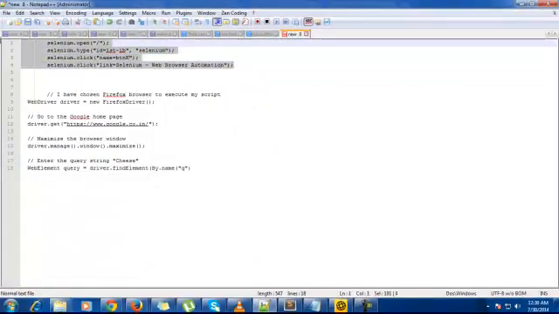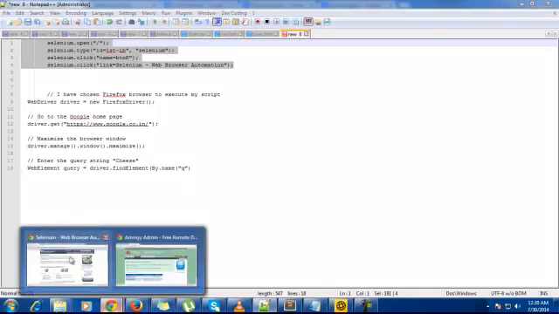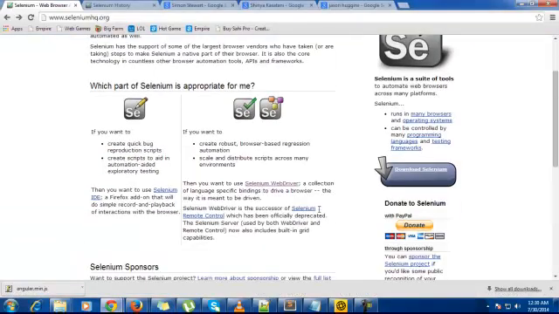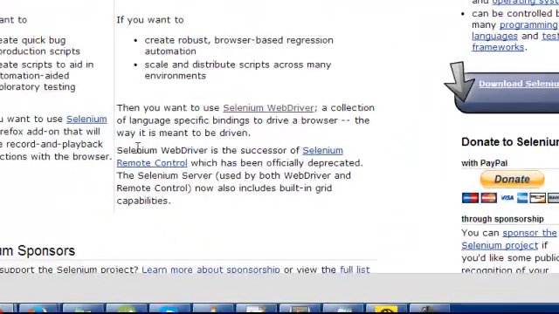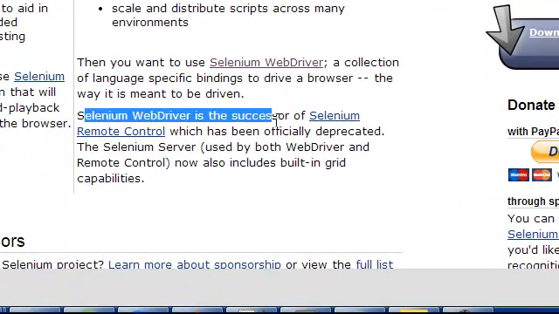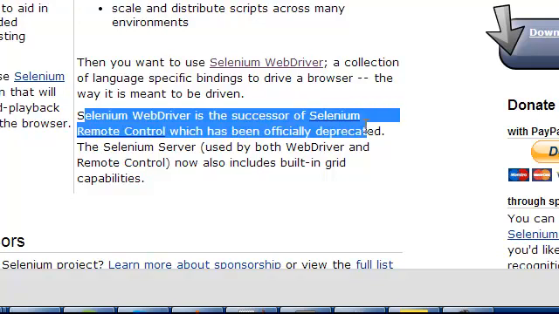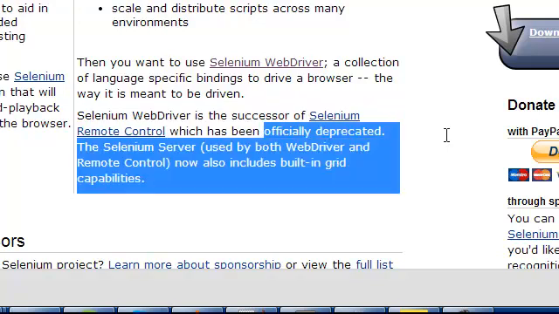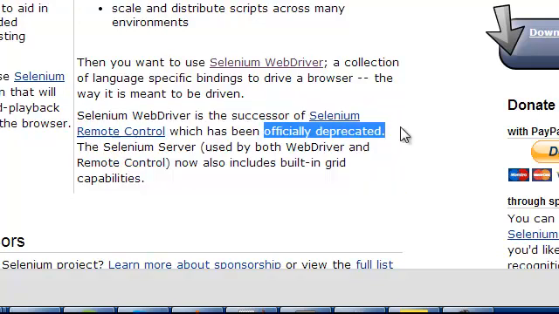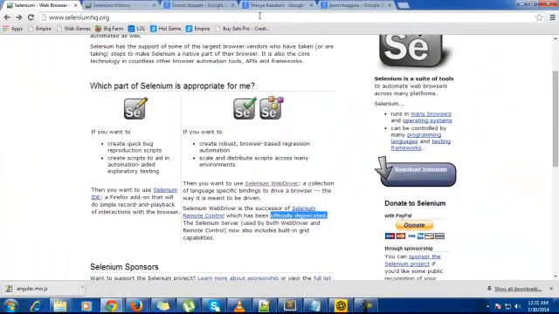This is a Selenium RC, or remote control, script. And now it is officially deprecated. Here you can see the statement given by the Selenium official community: Selenium WebDriver is the successor of Selenium Remote Control, which is officially deprecated. Now all people are using Selenium WebDriver.